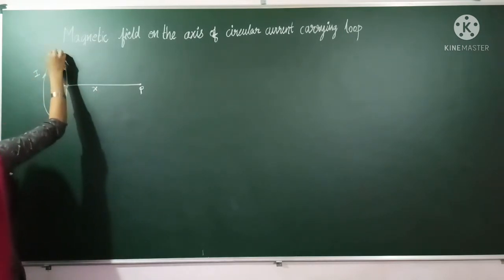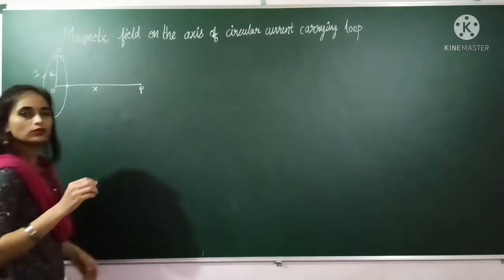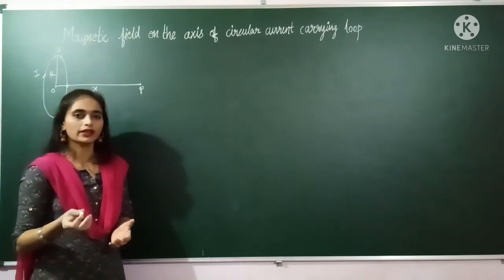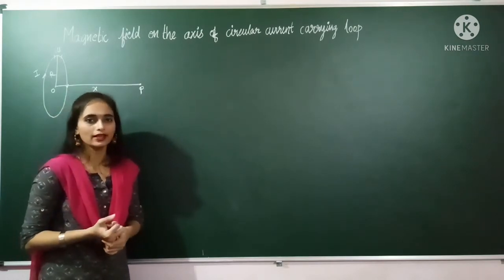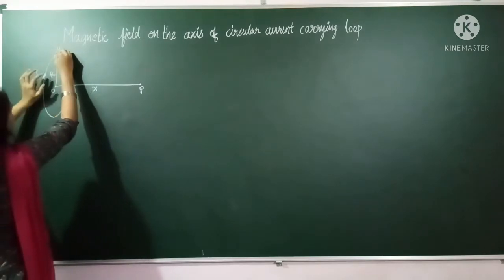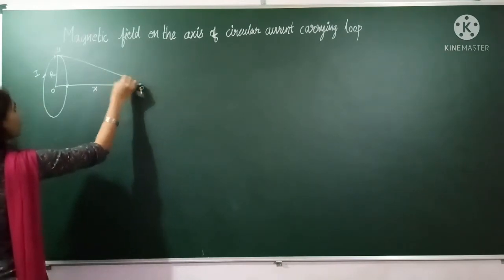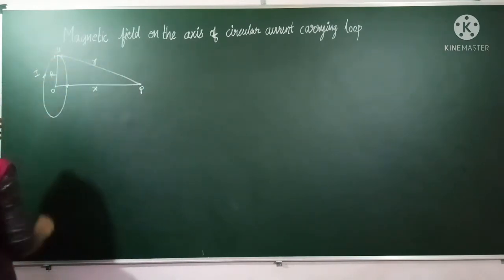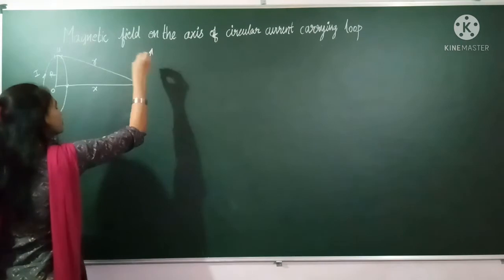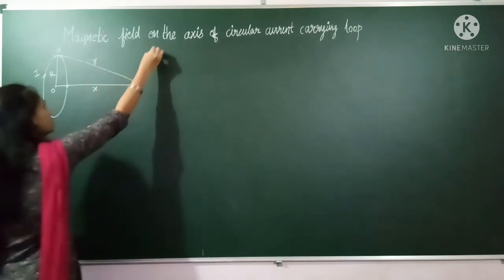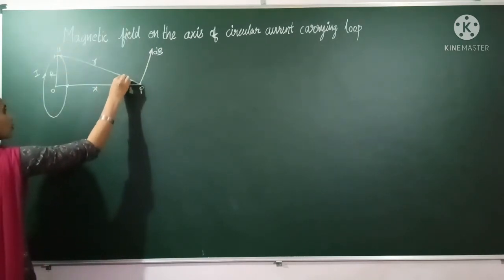Now we will take one small current element here, dl. Why are we taking a current element? To calculate the magnetic field. To calculate the magnetic field we are using the Biot-Savart law, and the Biot-Savart law is applicable only for a small current element. So we will take a small current element and join it to point P. Now point P is at r distance from this current element. The magnetic field produced is in this direction. This is the direction of the magnetic field dB because of this small current element. Next, this angle is phi.